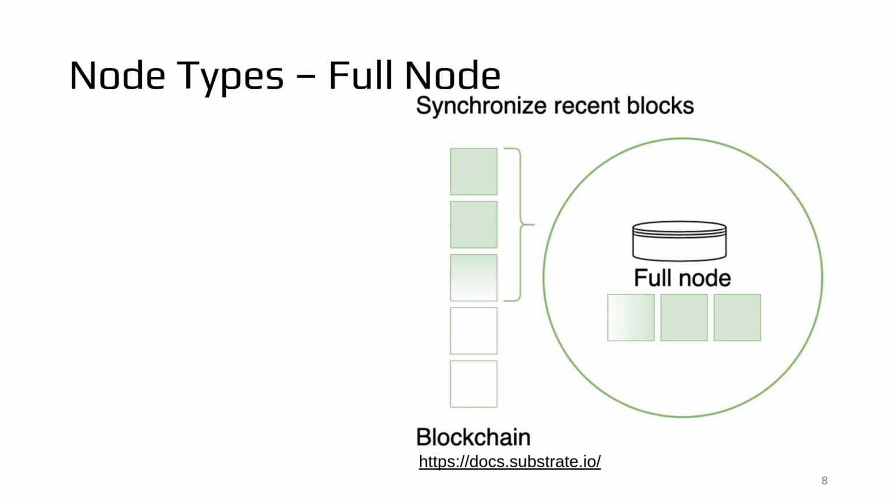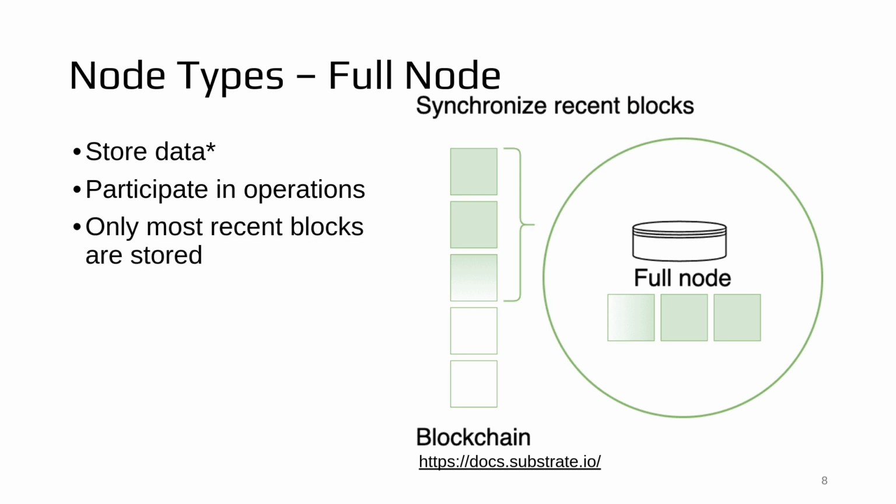The nodes that can be deployed onto a blockchain also come in different types. The first type is a full node. A full node basically stores data, with an asterisk, and we'll see why later. What the full node does is participate in all the operations to maintain the blockchain itself, so it participates in consensus and all of these things. But this is where the asterisk comes in: we only store the most recent blocks of the chain. We don't store the whole chain